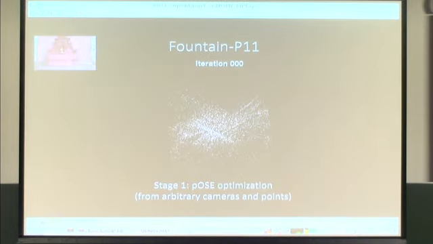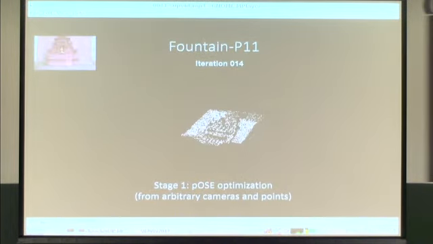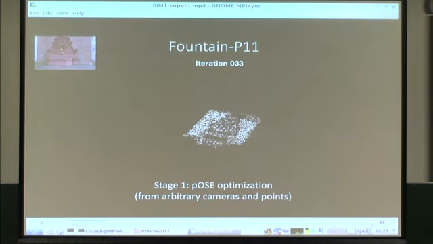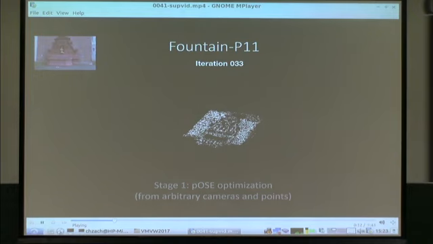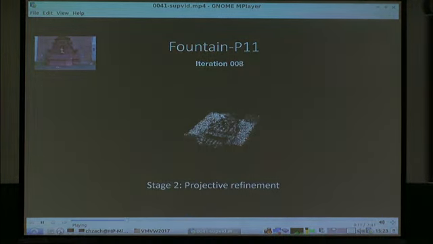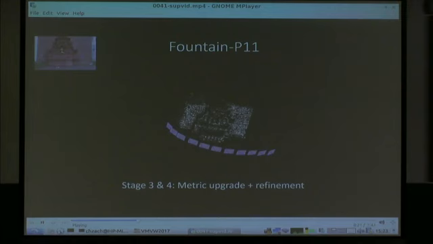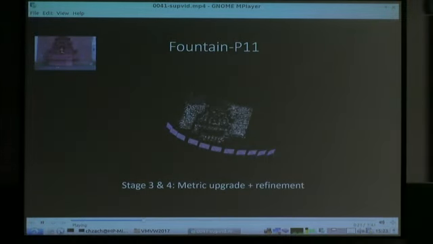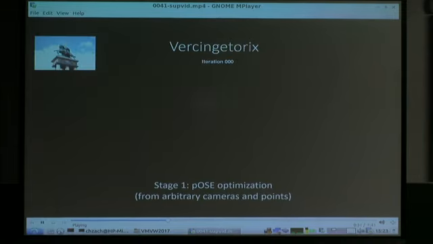So random point clouds, no structure. You optimize this bilinear problem. You get already some good structure, so this projective refinement is not doing too much. And then at the final stage, you do what we call a matrix self-calibration step to get to a nice model that lives in metric space.